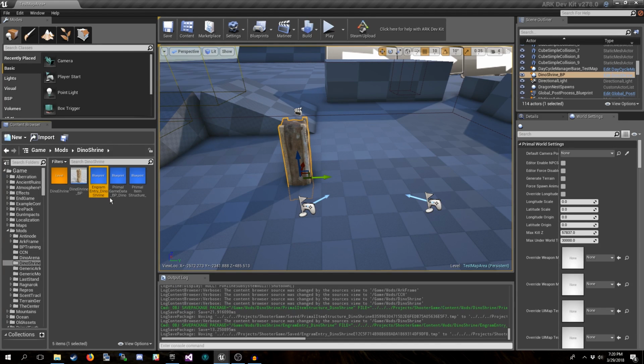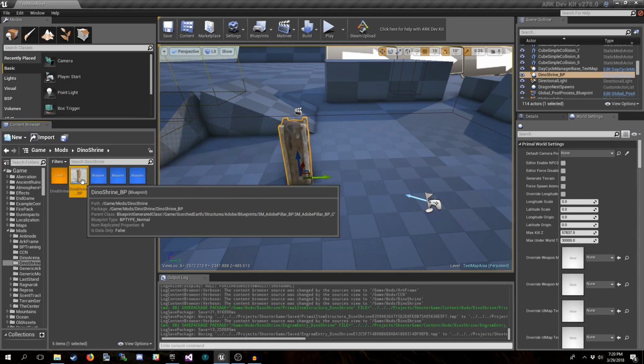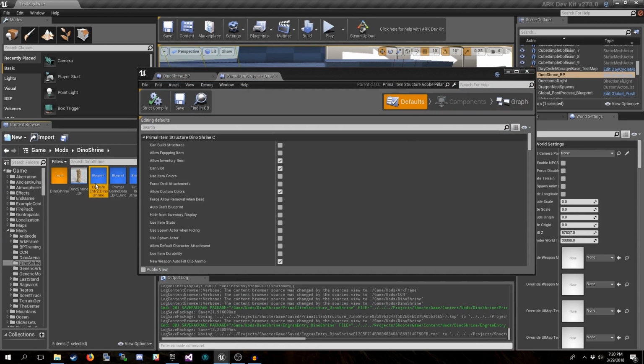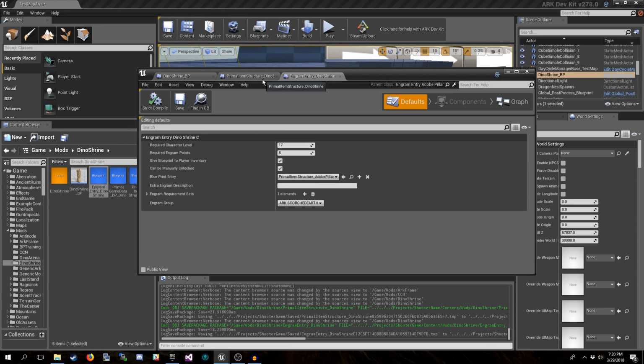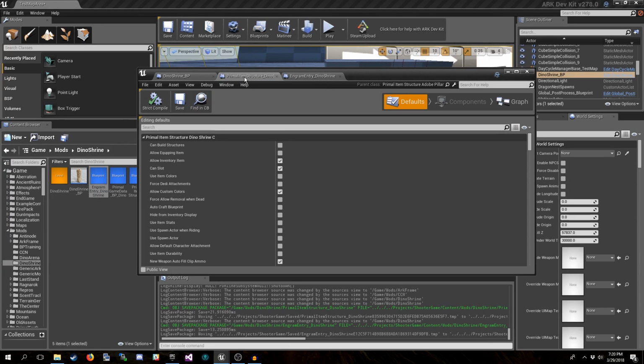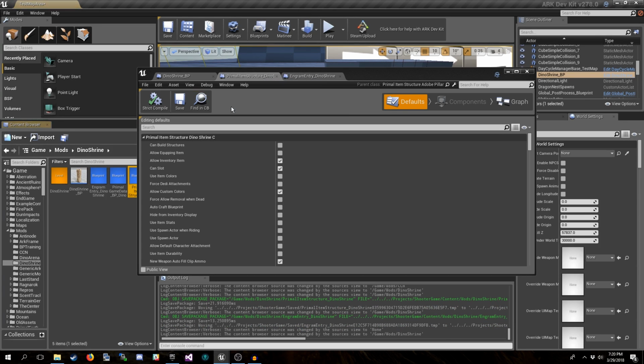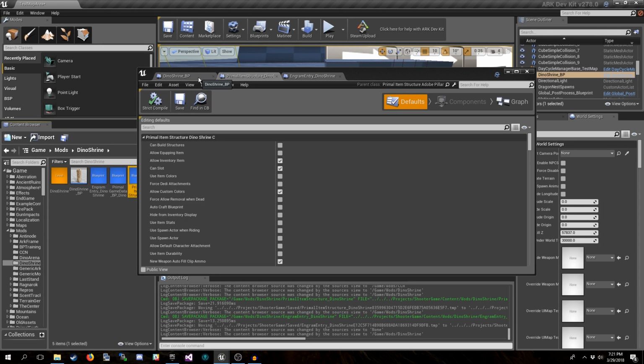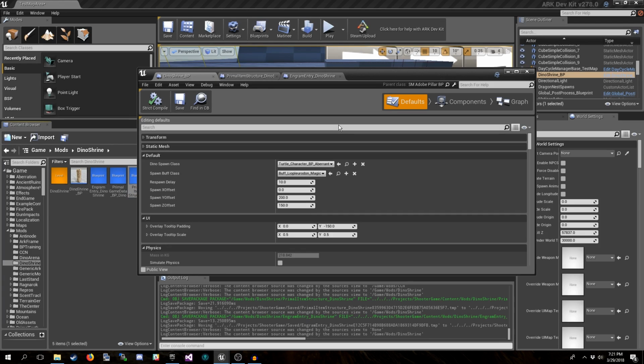We do that by first opening up our Dino Shrine again. Just open all three blueprints. So you're going to need to make changes to all three still. First one is we'll select the primal item structure. We'll hit find in content browser to select it. This is a quick way if you've got a bunch of blueprints open and you need to actually select them in the content browser, you can hit find in CB and it'll automatically just move to it. Really handy. We'll go back to the Dino Shrine BP.